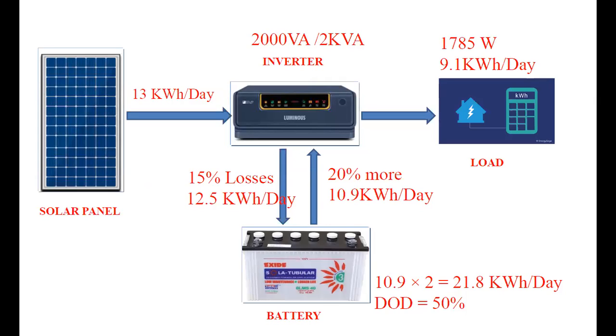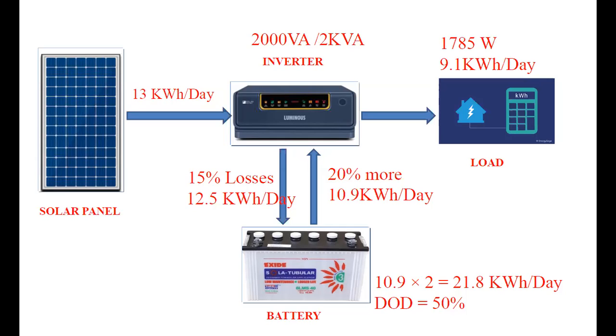So the input to the battery required will be 12.5 kWh per day, and there is a 4% loss in the electronic management system. That is, it will consist of an inverter, a regulator, and some protection devices. So 4% losses will also be considered, and 12.5 kWh per day plus 4% losses will be 13 kWh